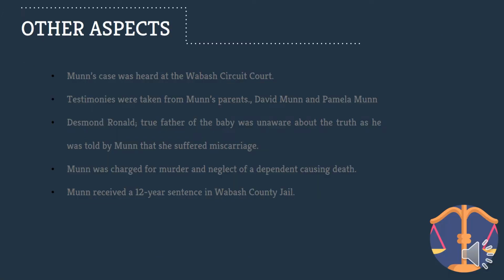Some of the other facts of the case are: it was heard at the Warsaw Circuit Court by Judge Robert McLean. McLean imposed the sentence following an hour's worth of testimony from family and friends of Moon's, including Demerzel Ronald, the baby's father. During testimony, Moon's parents, Pamela and David Moon, described their daughter as a loving individual who worked hard in school, was an excellent volleyball player who played for 4 years on a Southampton squad, and was involved in the community.